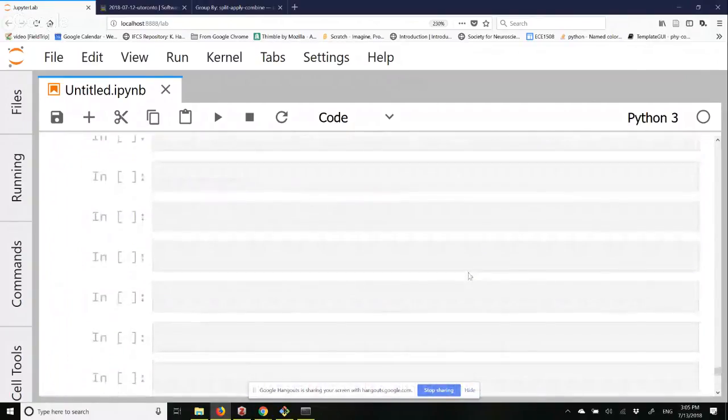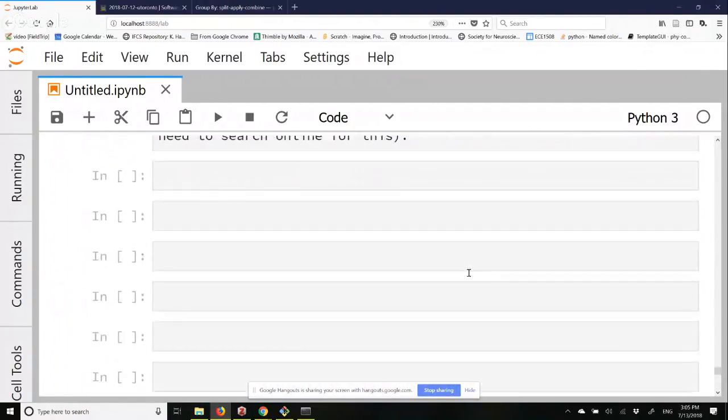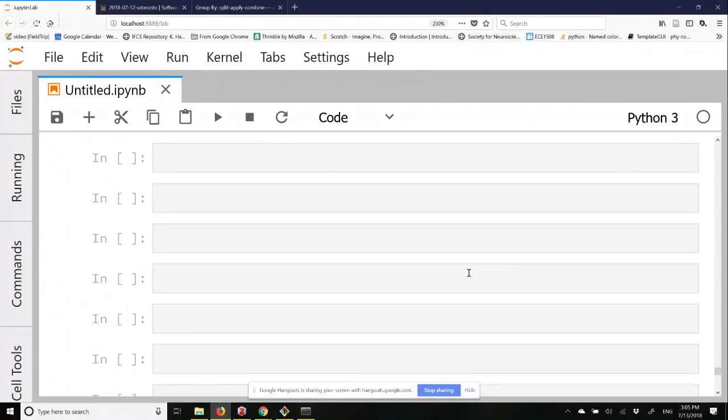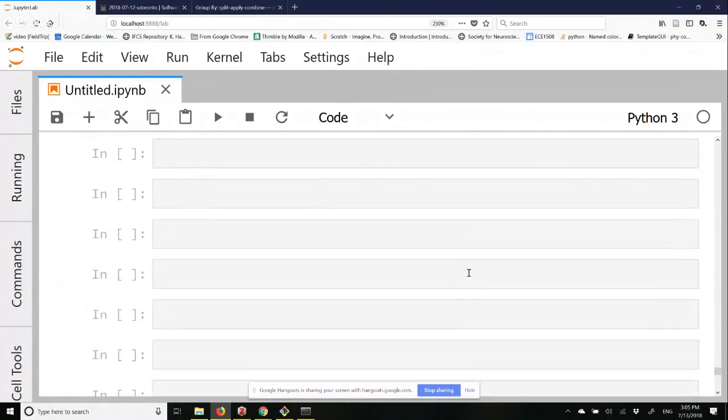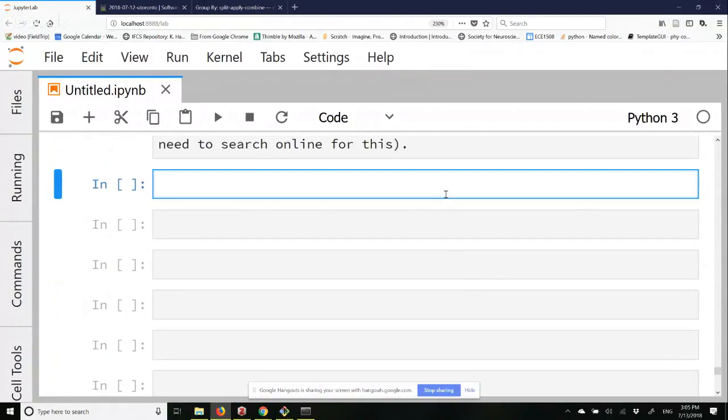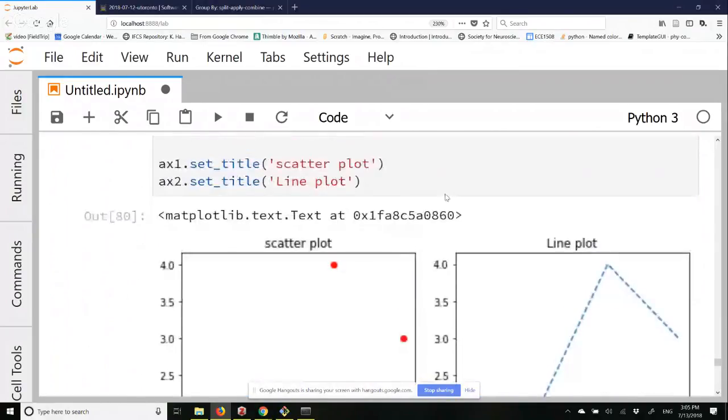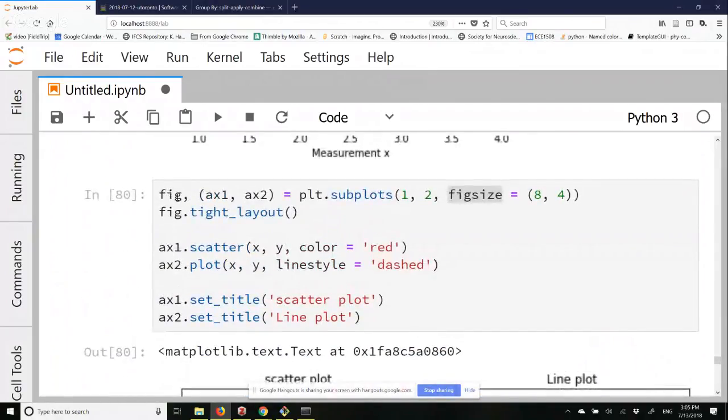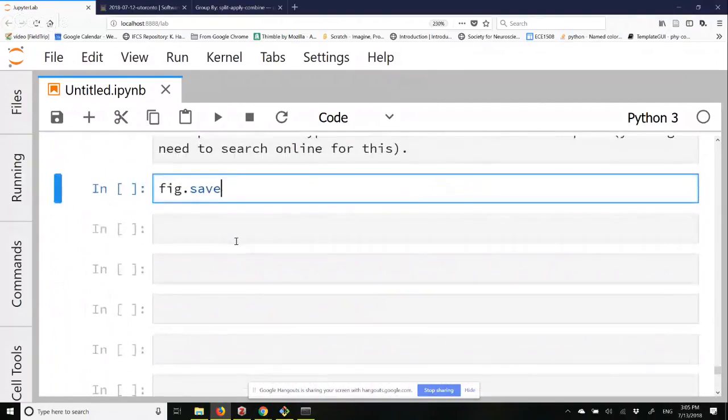Okay, let's continue then. So the next thing that we want to do is saving graphs. So you have made this, you want to save them. I think it was again mentioned, but we just covered it once more. It's Fig because you exported or put your object in this Fig object. So now you can call it again, say Fig, save Fig, whatever name you want to give it, scatter plot,